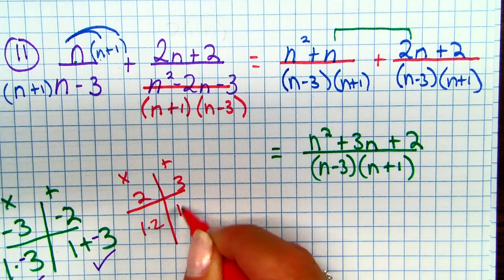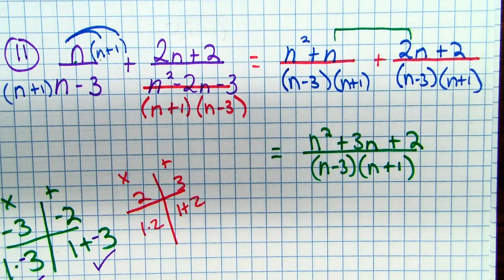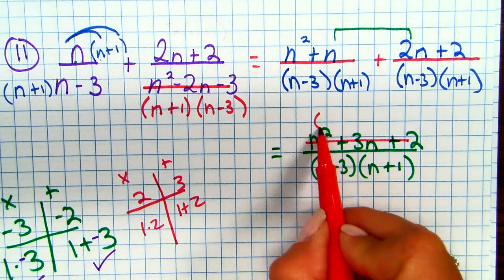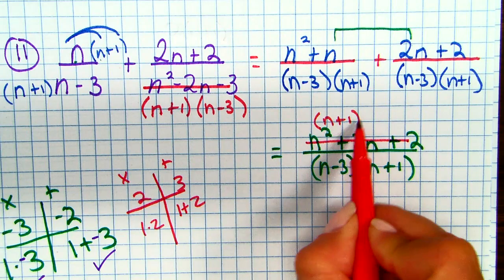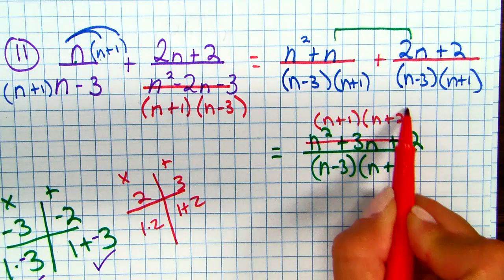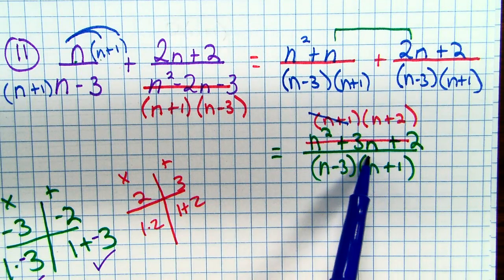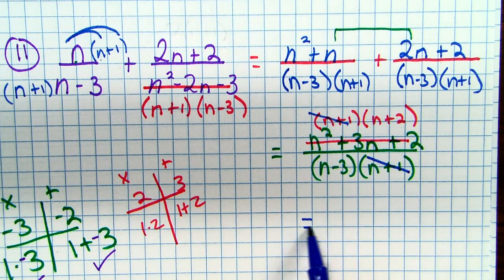There's only two numbers that multiply to get 2. They also happen to add to get 3. And the n plus 1s cancel. Your final answer, finally,